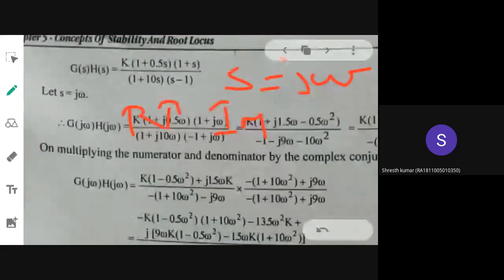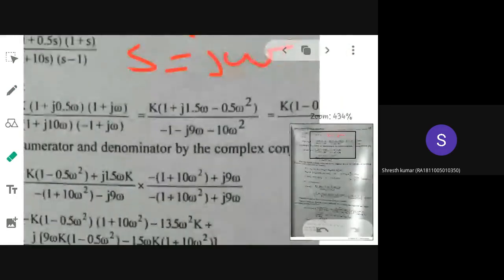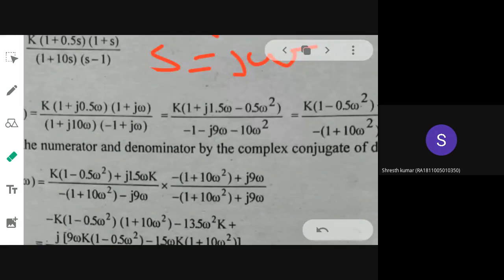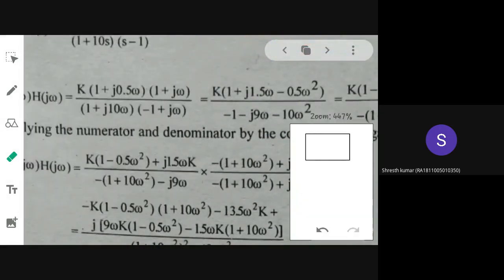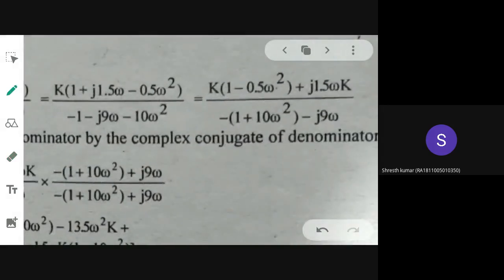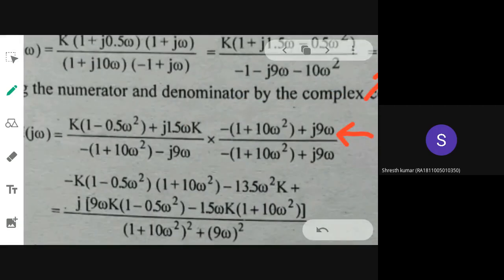All right. So again, you have to substitute s equal to j omega. You have to separate the real part and imaginary part, like I have shown. They have expanded every equation, and this is the equation that they would have got after substituting j omega and expanding. This is the equation to which they are going to multiply the complex conjugate of the denominator with the numerator and the denominator. That is what they have done in this step, and they are separating the real part and the imaginary part in the next.